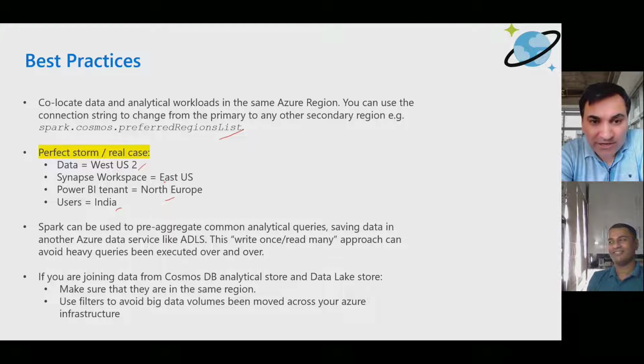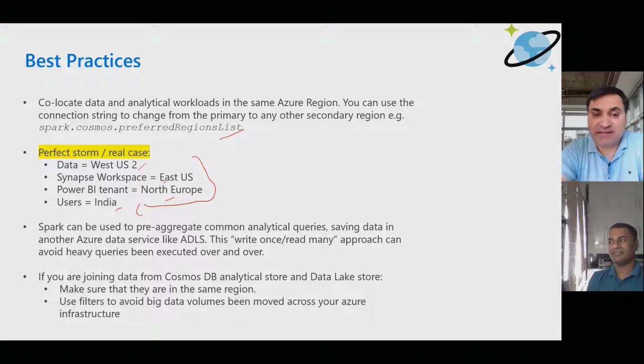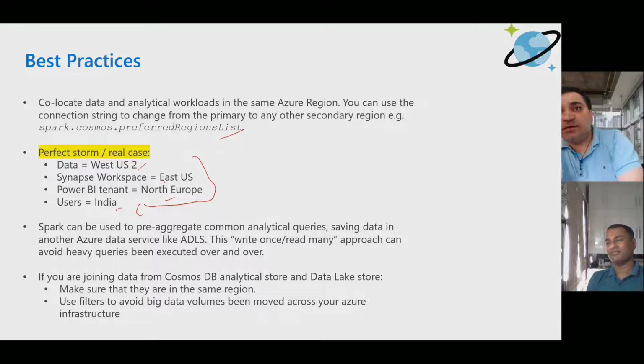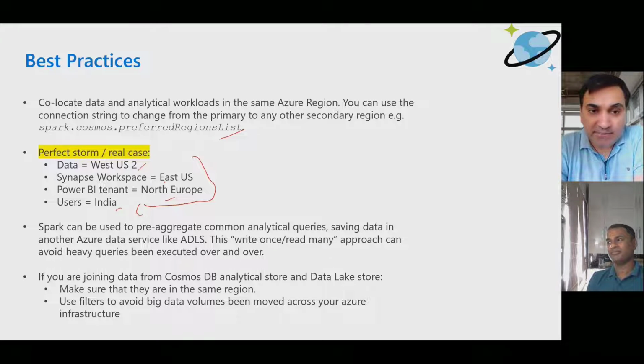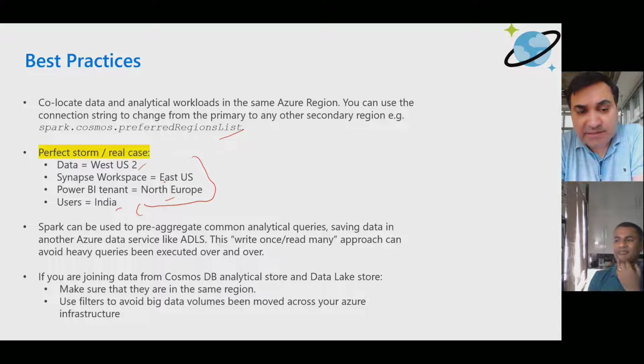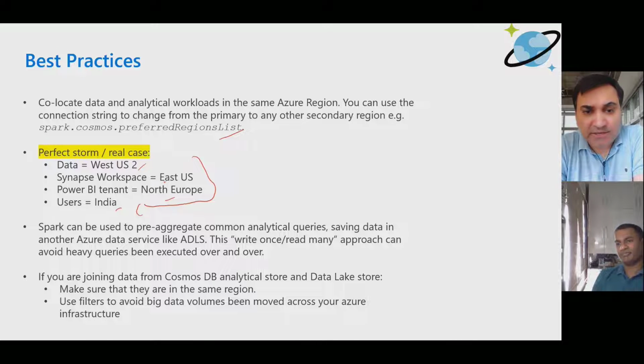So why don't you streamline this and put everything onto the India region, and that way you'll be able to get everything together. How can you do that? You can enable Cosmos DB read-only replica, and then you can specify the preferred region list for your Power BI, and make sure that you have a Power BI tenant also available in India. That's how things will be smoothed out, and you'll be exposed to lower latencies in terms of the cross region